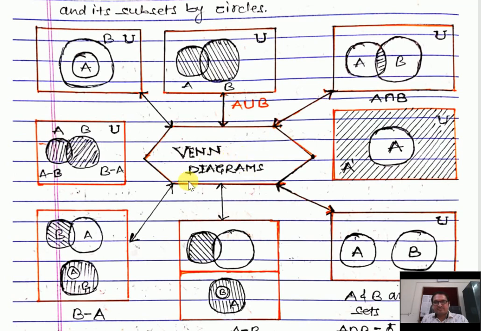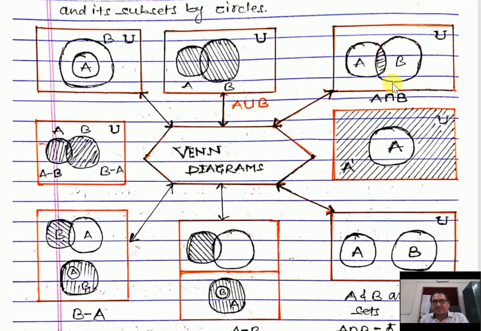So look at here, Venn diagram. This one is A union B, this is the A intersection B. A union B means there are two sets. See, this is the rectangle, right? This is the U. This is the A, the smaller one. The bigger one is B. So A union B means all elements of A and B. So you need to shade both circles A and B. Means you have taken all elements of A and B, that is called the A union B.